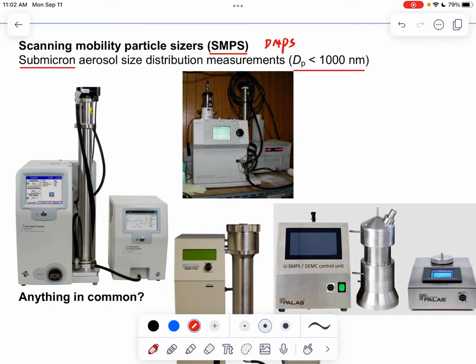Because of this steady state process, I would say steady state diffusion charging,